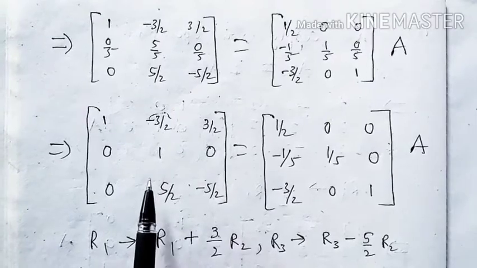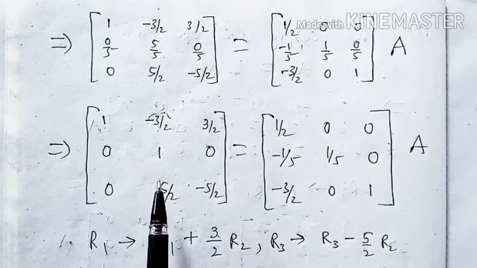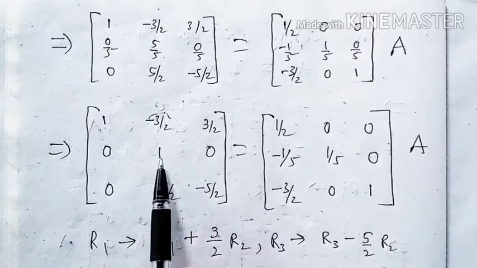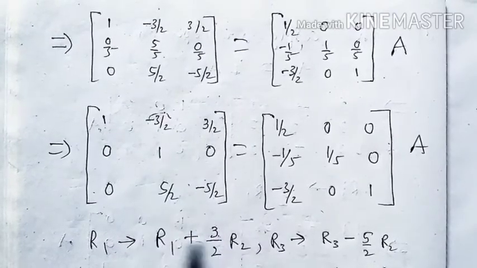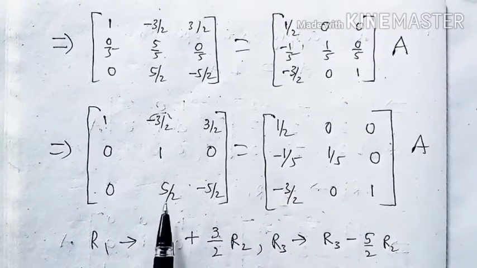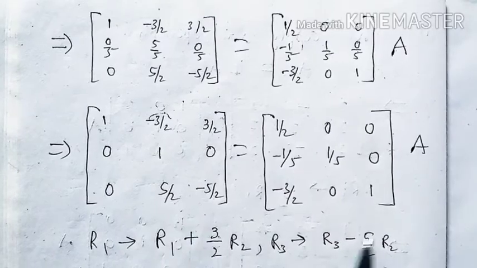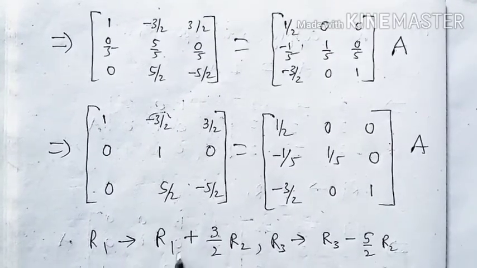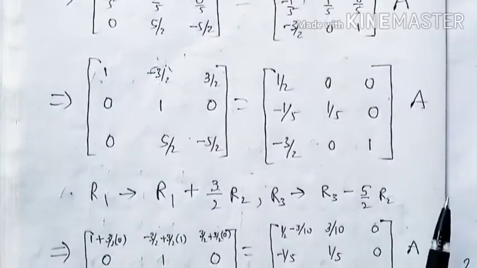For that, we change R1 as R1 plus 3 by 2 R2. To get 0 here, we change R3 as R3 minus 5 by 2 R2 to get 0 here. So after applying these operations on both matrices, we have